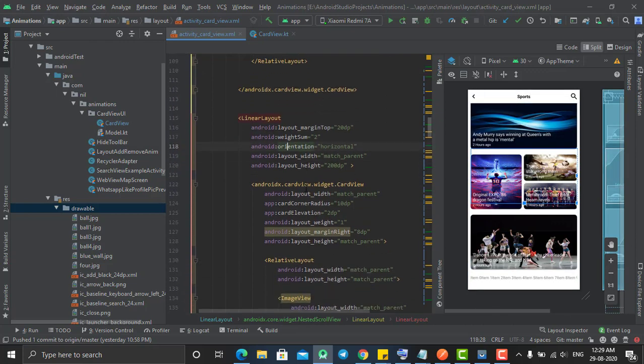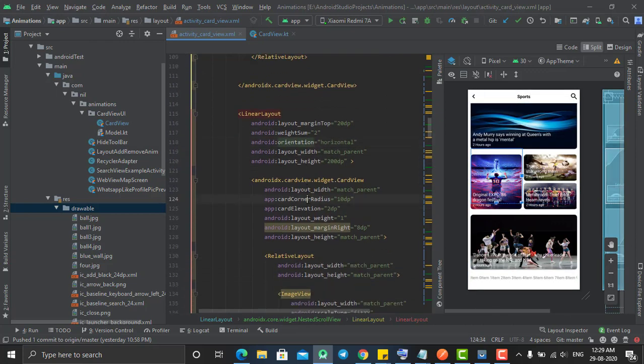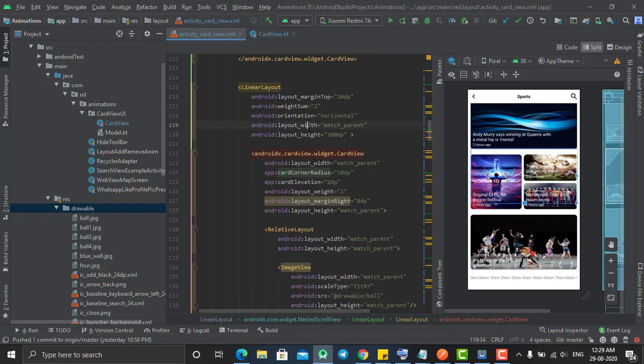So I created a linear layout here. Inside that linear layout, I have a card view. So how can a linear layout be partitioned into 2 sections, right? 1 and 2. So what I gave is a weight sum of 2. What this weight sum does is it tells us how many divisions we can make within this linear layout. So I made 2 divisions in this linear layout. The first division is this card, and the second division is both of these cards, right? Which will be of the same size.